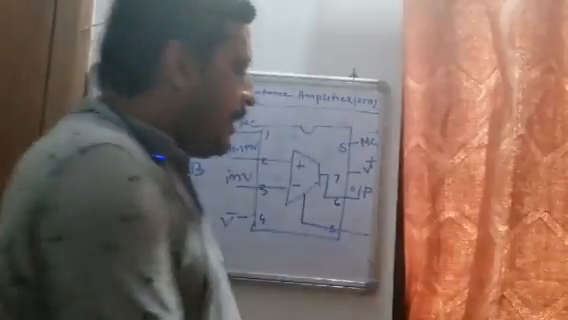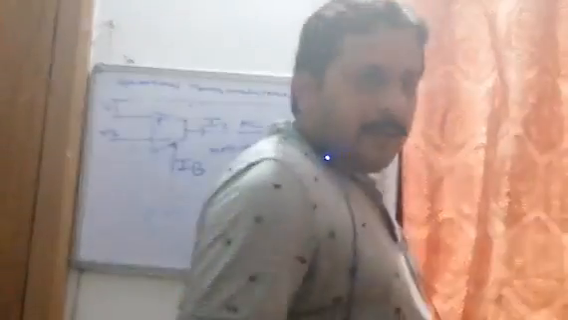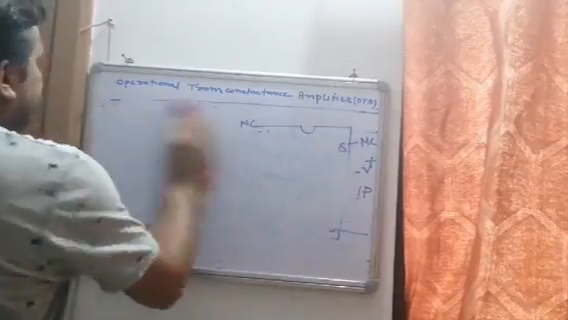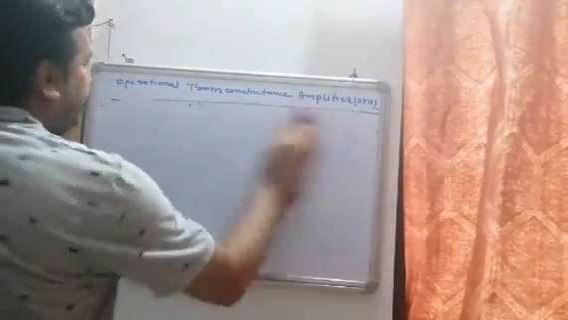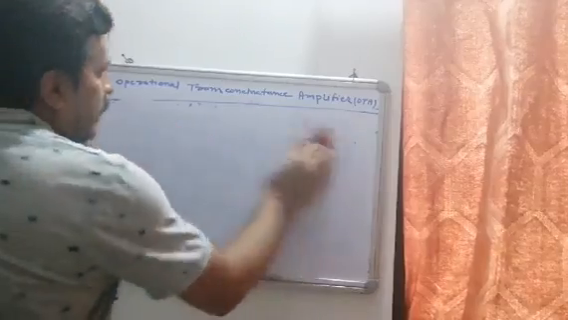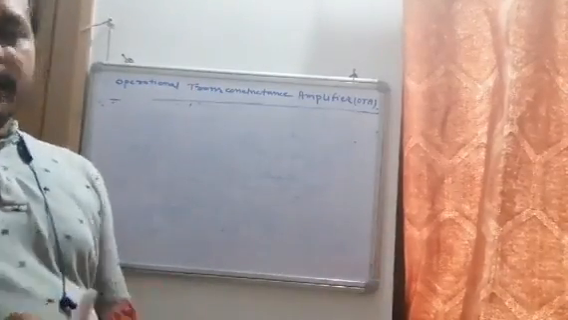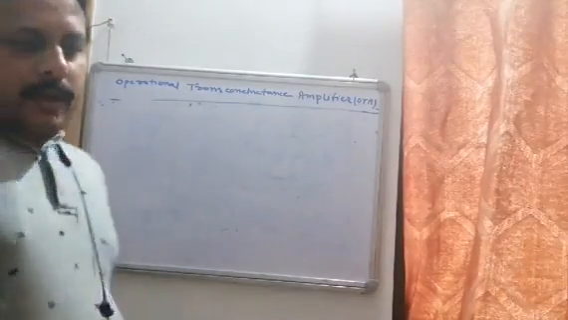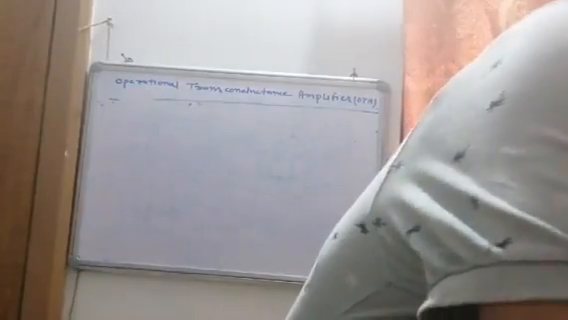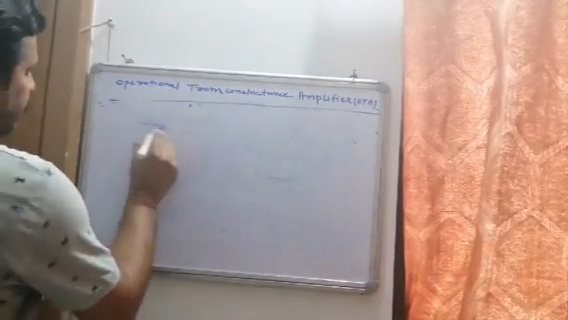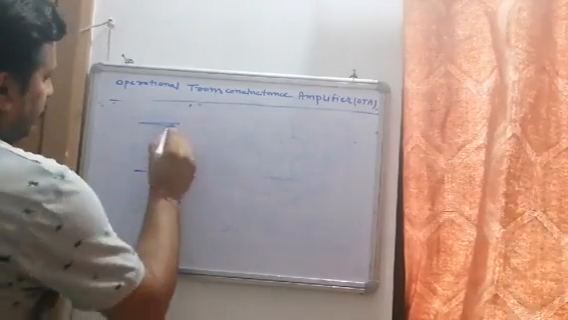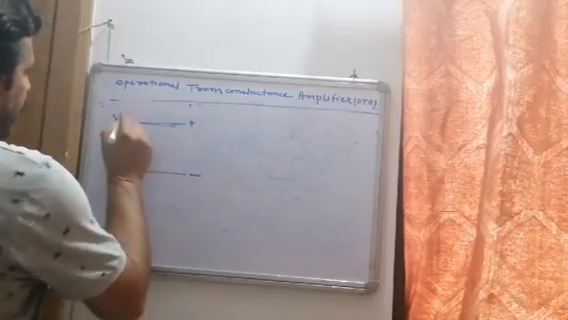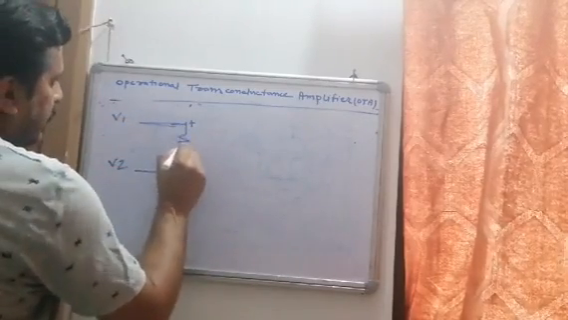Now I see the small signal model of OTA. It is very simple. We can easily draw the small signal model of OTA. Basically, a small signal model here has plus minus, V1, V2. This is the input